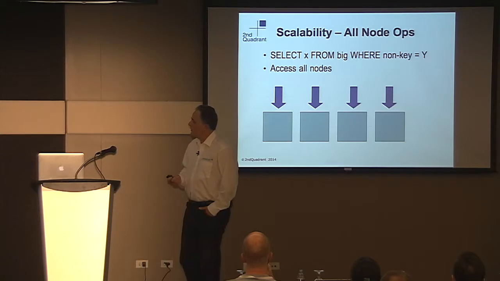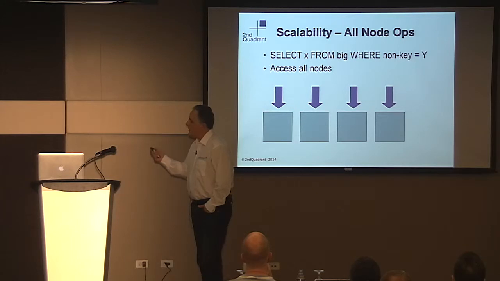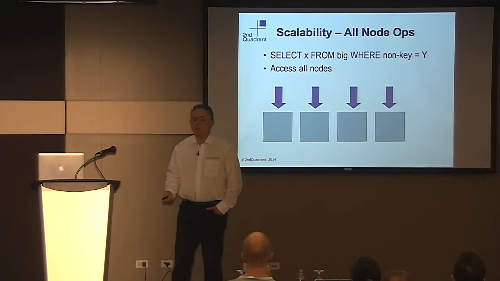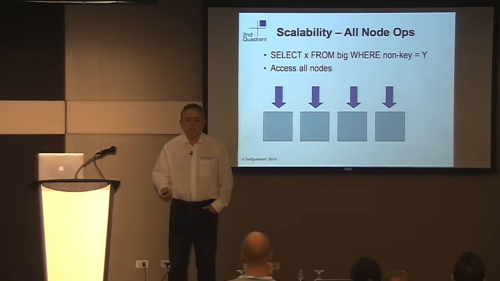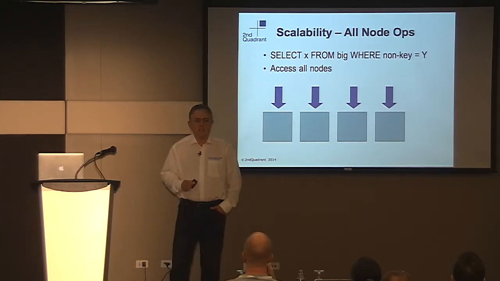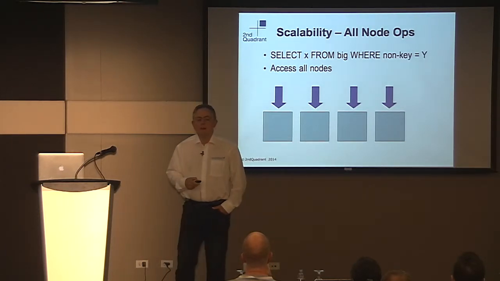Now, when you're asking a different kind of question, then the actual SQL ends up producing a different kind of plan. So if you're accessing a table where you're saying a non-key value equals y, or worse, something like non-key value is greater than y, you can see that that's actually going to affect not just a fairly distinct set, but actually a wide-ranging set of data. And the end result of that is that it's going to be a multiple node request.